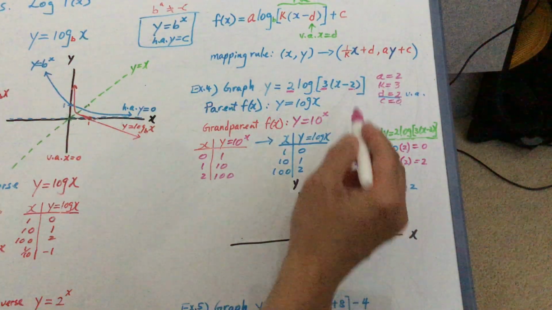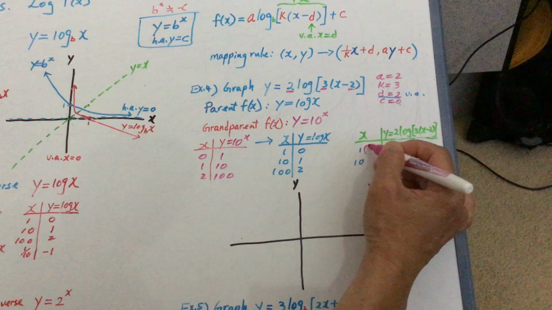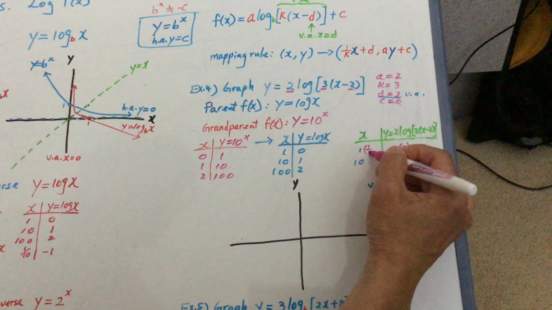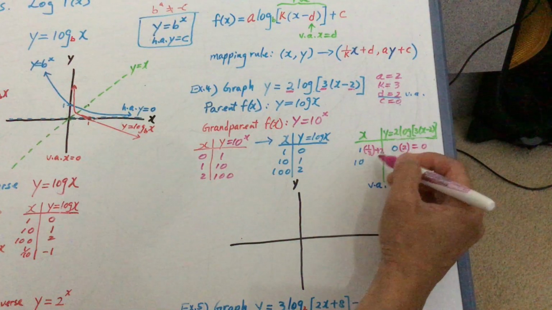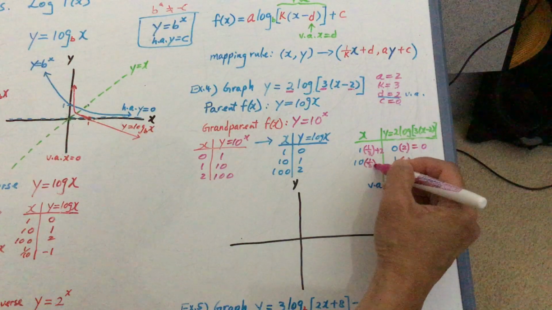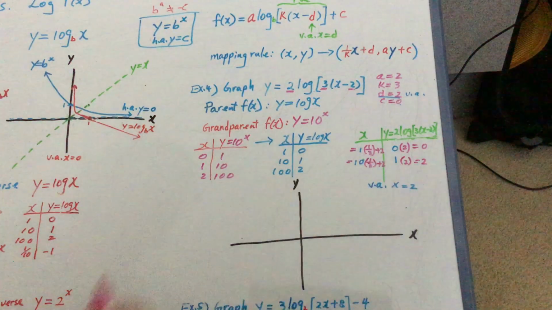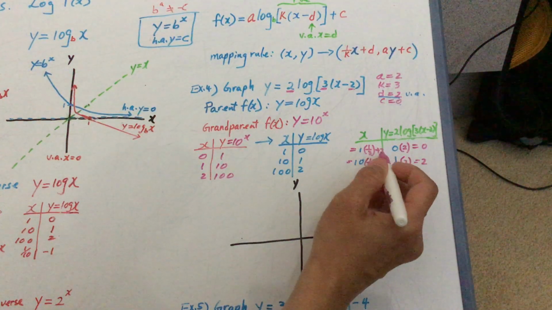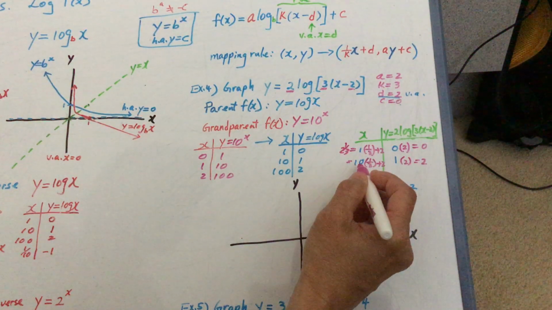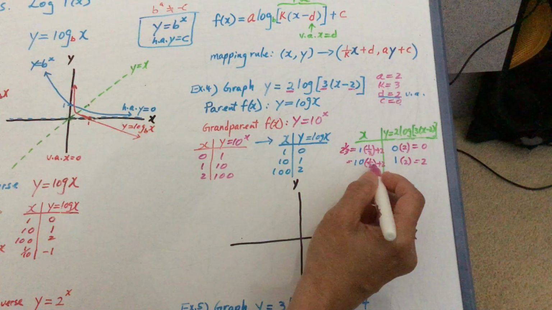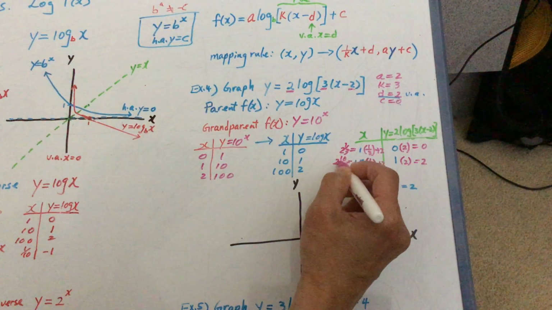For the x coordinates, I'm going to multiply the x column by 1 over k, so by 1 over 3, and then add the d, so plus 2. So 1 times 1/3 plus 2 is 2 and 1/3. And 10 times 1/3 gives 10 over 3, plus 2,